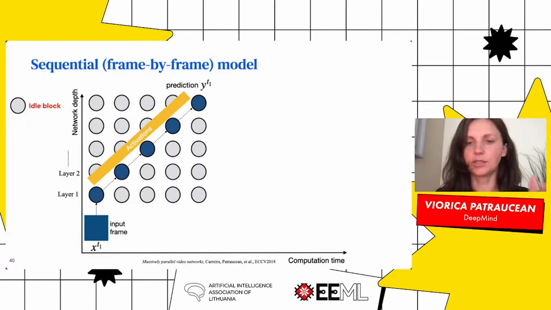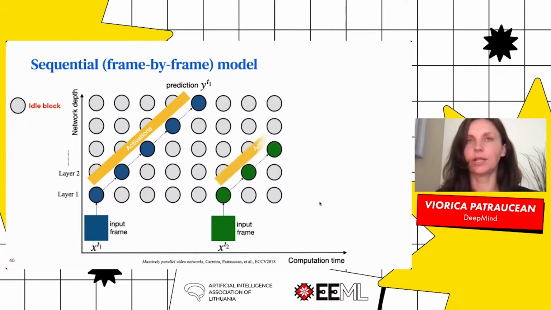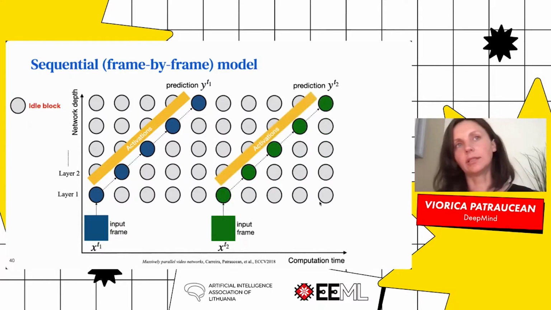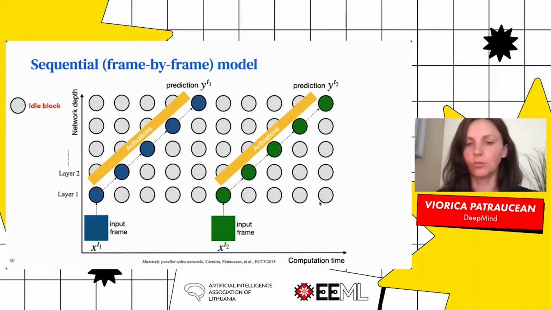We're just using some color scheme to illustrate which input frame generates which activations. For example, blue activations come from the blue frame, and green activations from the green frame, and so on. Now this is a purely sequential operation mode, and all the modules of the network have to stay idle until all the other layers finish the computation. But we are saying that this is completely wasteful and unnecessary. All these gray layers that you see here are just idle most of the time.